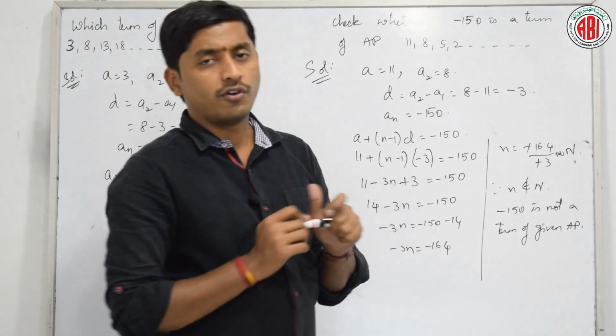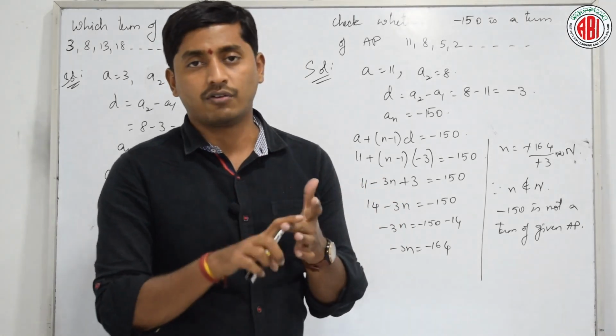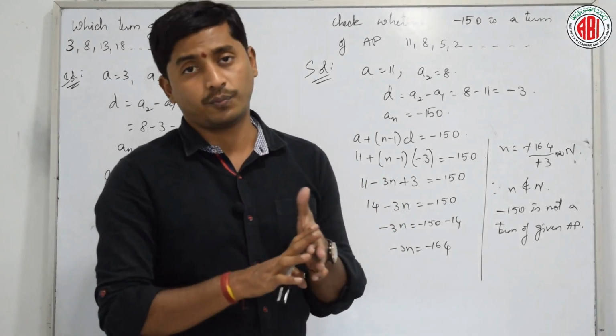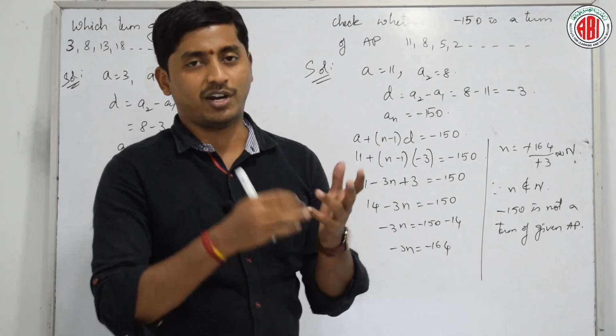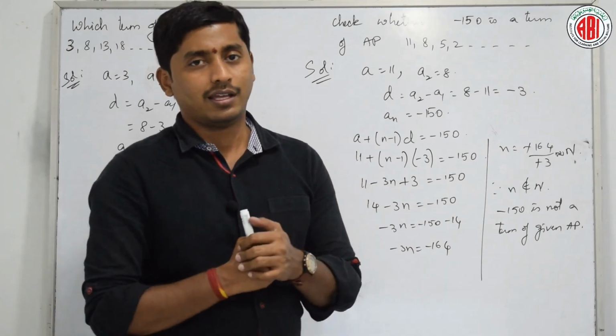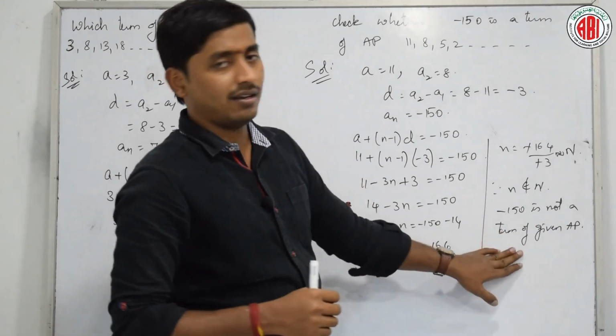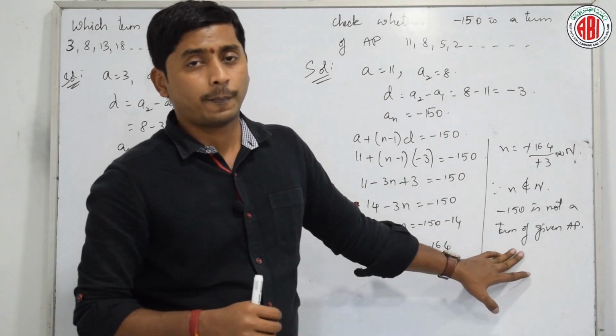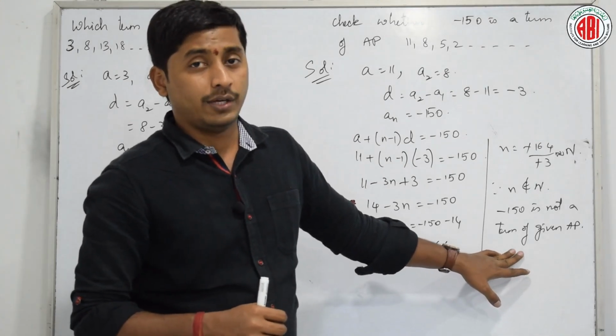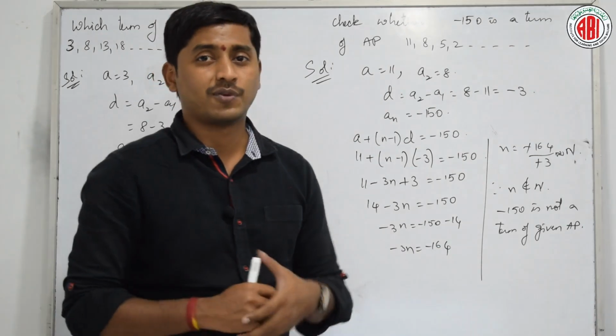What do you mean by that? Whenever we count, it is 1, 2, 3, 4. We will never count it as 1 by 2, 1 by 3, 2 by 3. That is a basic thing here. Is it clear? Did you understand? Shall we move on to the next problem?